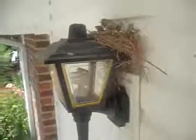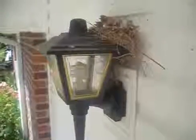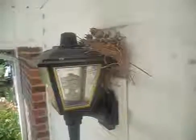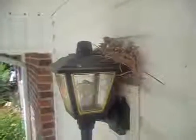And that's my bird nest, guys. Well, not mine, it's Mother Nature's, and the mom is doing a good job bringing the food back and forth to the babies. My concern is that one up there that's on the ledge of the nest. I'm afraid he is going to try to jump. He's right on the edge there, so